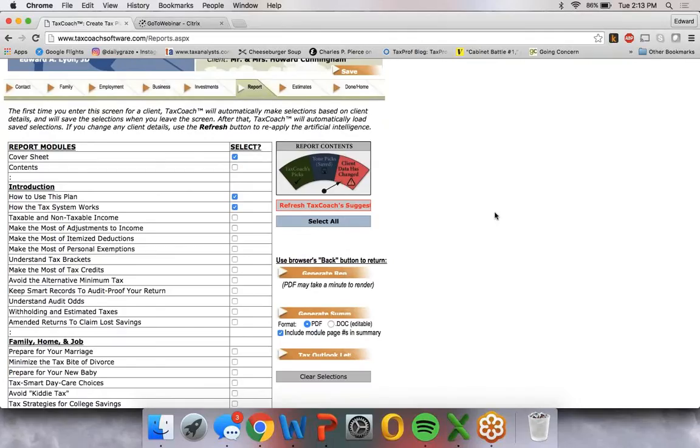Once all of that information is entered, you get to the report screen. And this is where we're going to make selections on which modules to include in the actual plan. Now, TaxCoach has what we like to call an artificial intelligence that will guide you to these modules. What it is really is just an elaborate decision tree. It's a series of if-then statements. If the client owns a business